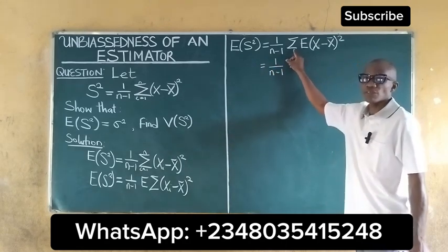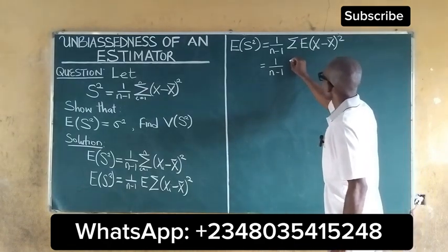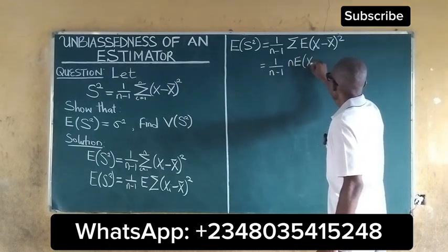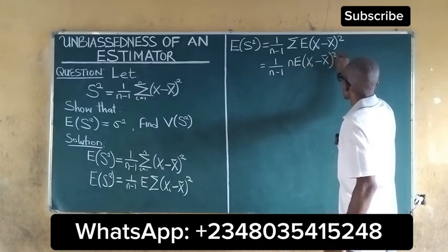If you sum a constant, you get n. So we have n times the expected value of xi minus x bar all squared,